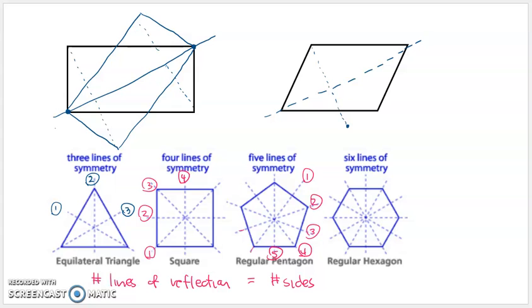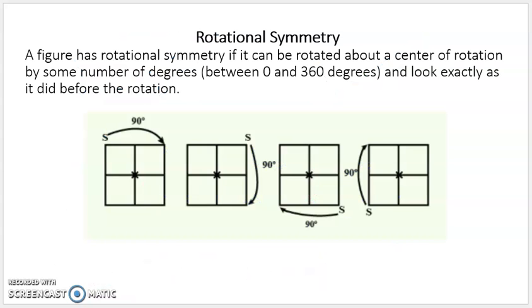for a regular polygon. The second type of symmetry we're going to talk about, at least in this intro, and there are others, by the way, there are other types of symmetry, is rotational symmetry. And rotational symmetry means that if you rotate a figure about a center of rotation, so it has to have a center of rotation, and some number of degrees, the degrees of rotation, again, it will rotate exactly on top